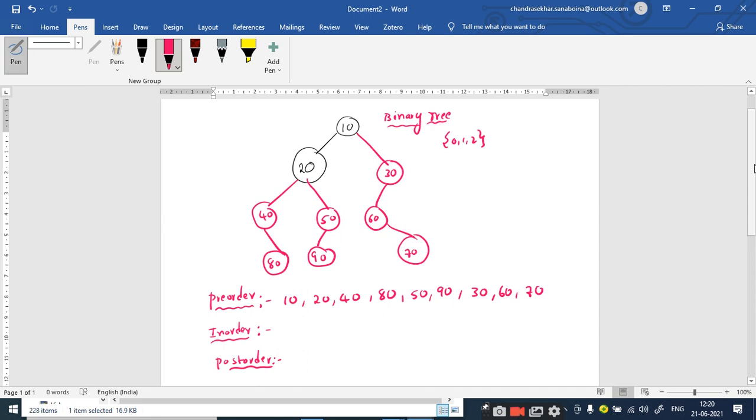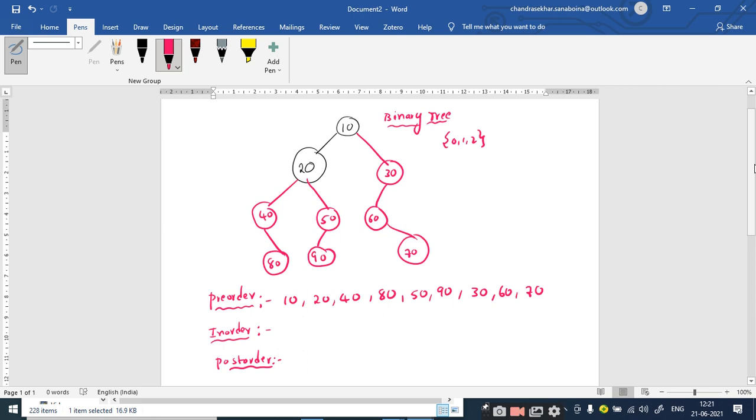Is this the pre-order traversal, or have I made any mistake? The pre-order traversal is 10, 20, 40, 80, 50, 90, 30, 60, and 70.